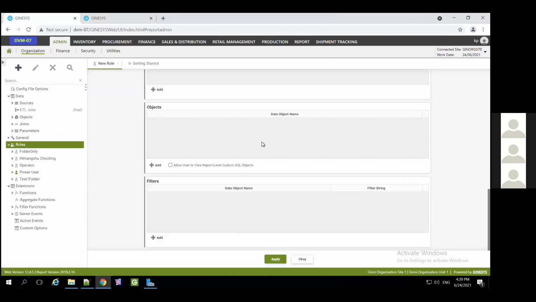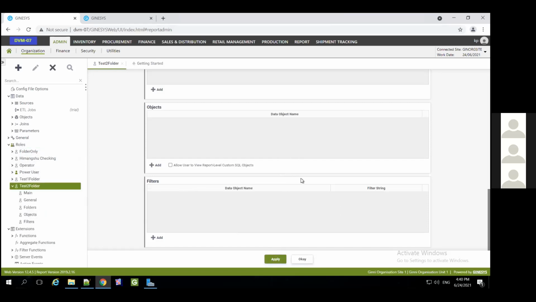Great. So what I can do now is the new folder management I was creating with respect to two. Now I need to just do an apply first, so the name gets stored here. So now the test2 folder is stored.